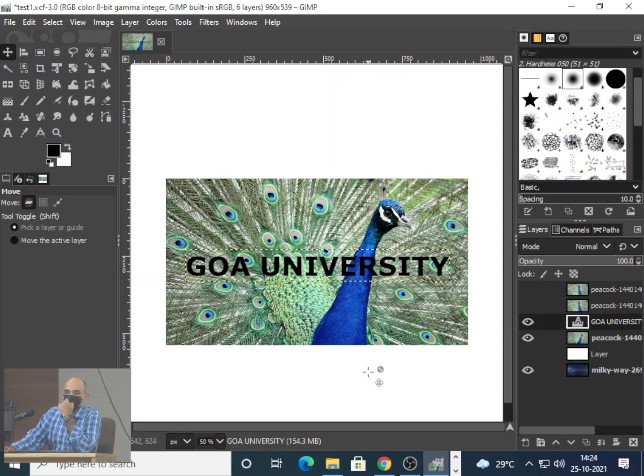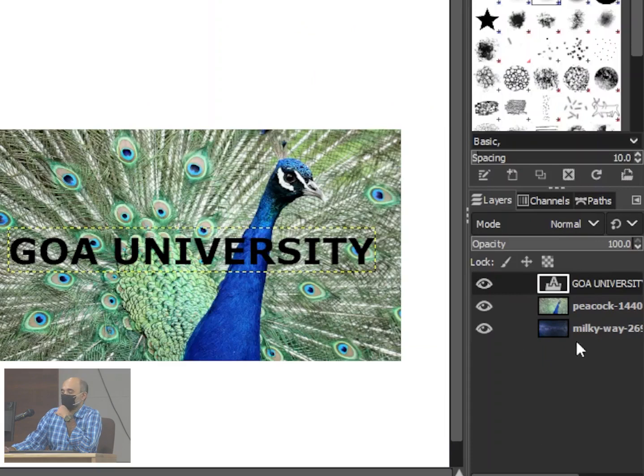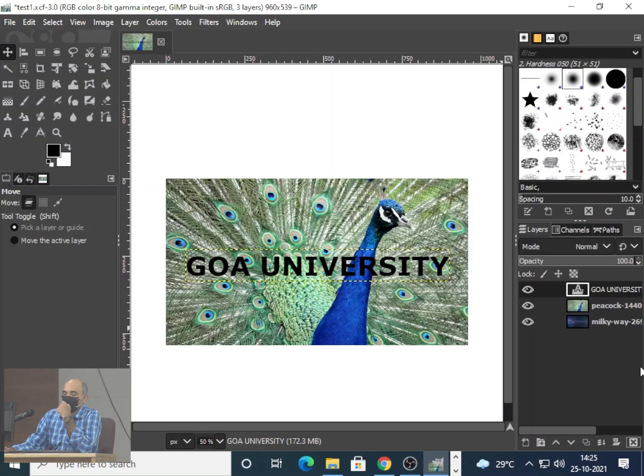Step 1 done. The A will be there, that's the text tool. Click on it, click on the canvas or the image. Okay, fine. So I've got a background layer, I've got a peacock layer, and I've got the text on top. Only 3 layers now. Okay, all have typed the text.